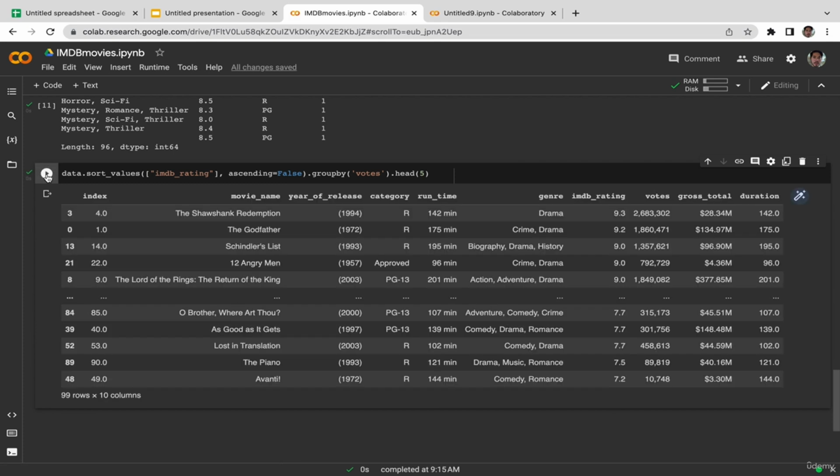Okay, so let me explain the code, how it works. data.sort_values is an attribute of pandas too. It takes one argument, the column that you want to sort. So in this case, we are sorting by IMDb rating, from the highest rating to the lowest rating. So that's why we put this as the parameter of this function. Then